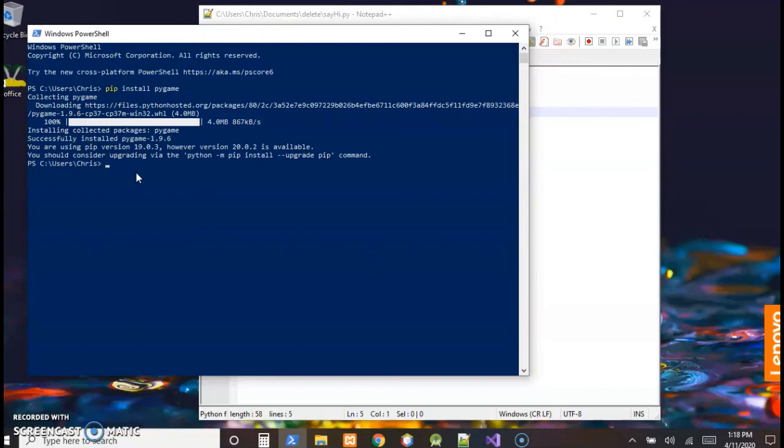We're doing more examples in Python, so I thought I'd use Pygame, and I'll point you towards a reference on this. But you can see now there's no error messages, so it went ahead and installed this Pygame module into my version of Python. So now I can use Pygame, which